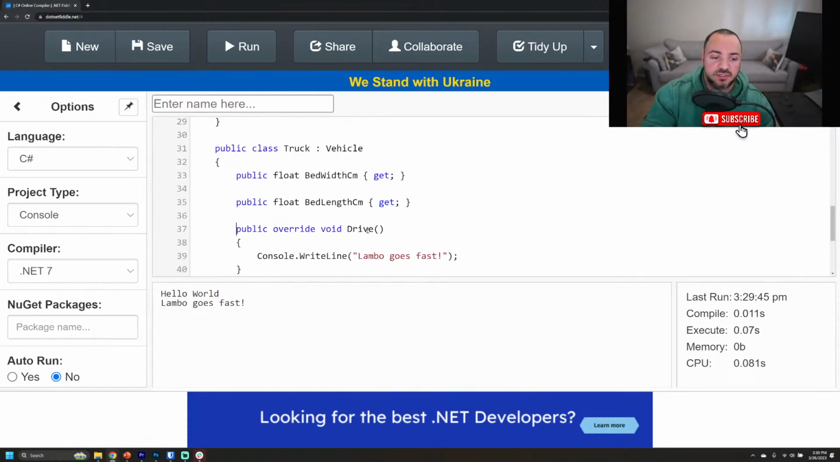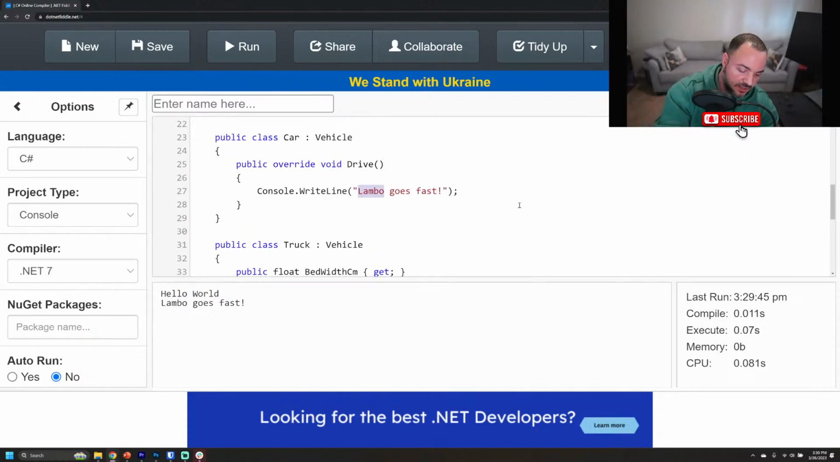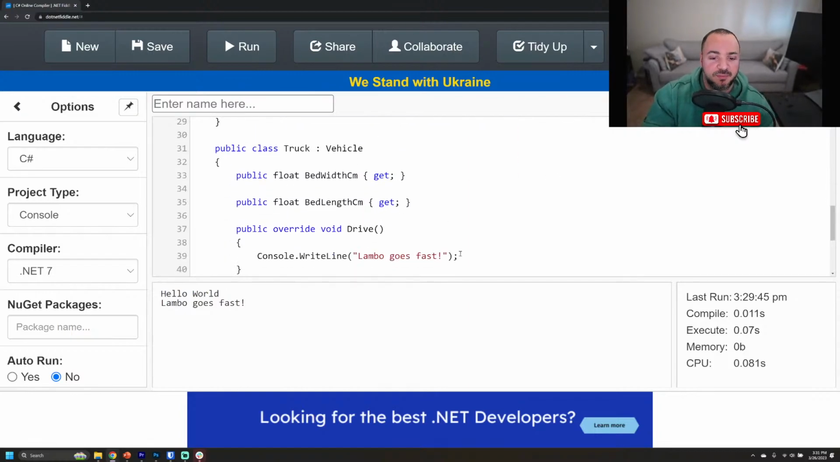But this of course is now incorrect. I need to say car goes at normal speed, right? I don't know. And then maybe trucks are slow. Sorry if you have a fast truck. I know not all trucks are slow, but